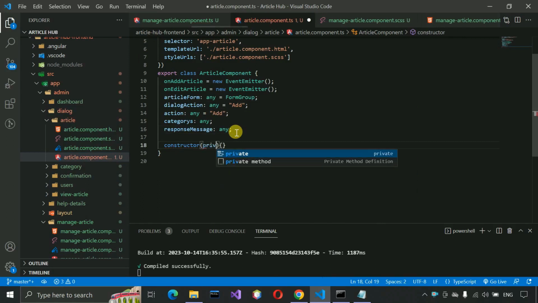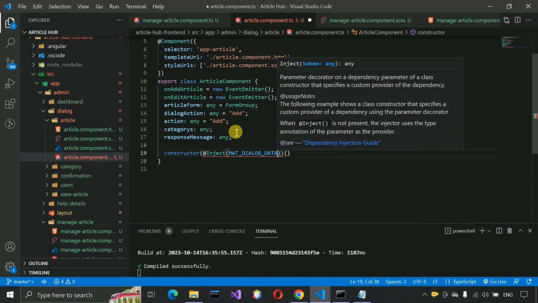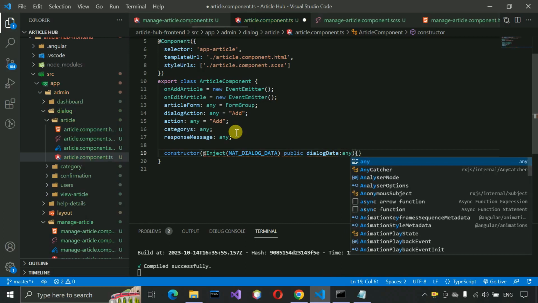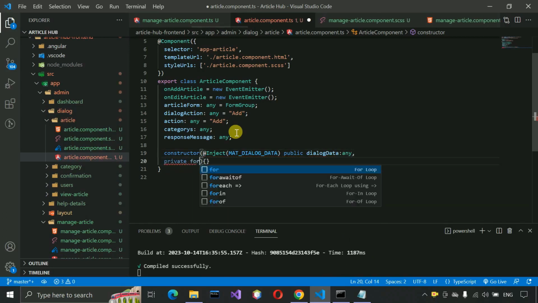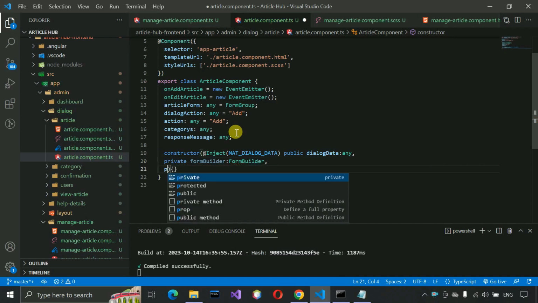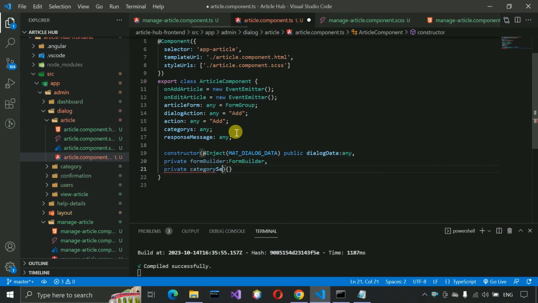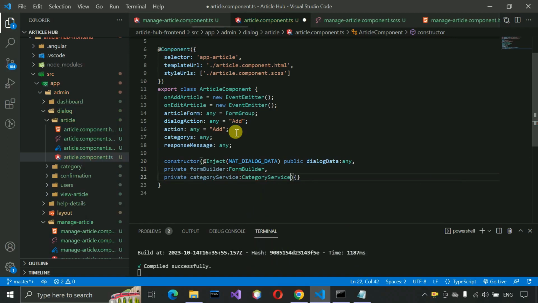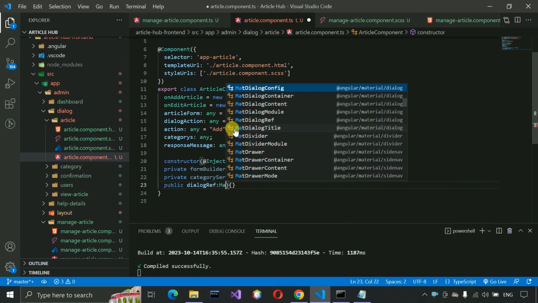So here I'm going to write @Inject, and MAT_DIALOG_DATA public dialogData of any type, and then private formBuilder, this one, and private categoryService, CategoryService, this one, and public dialogRef, this one, and MatDialog